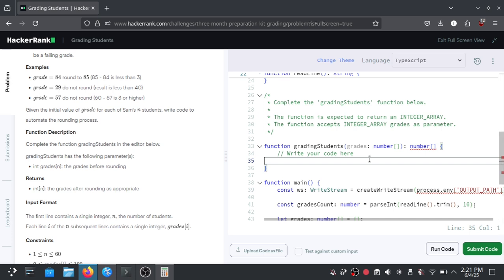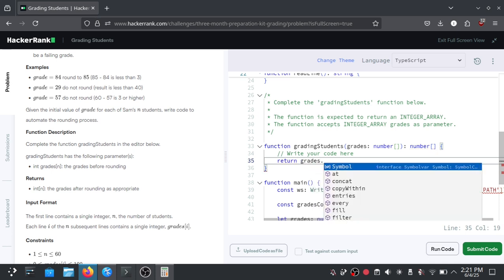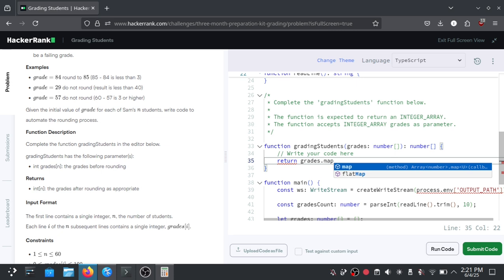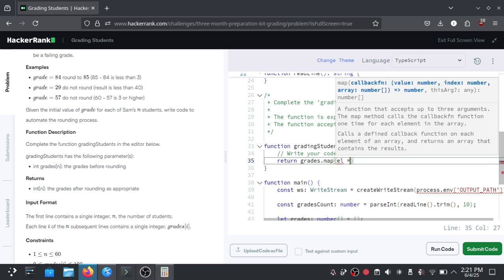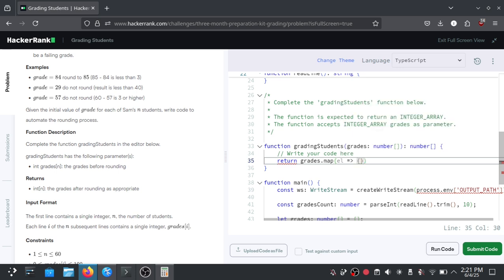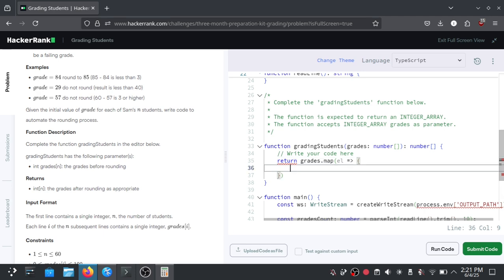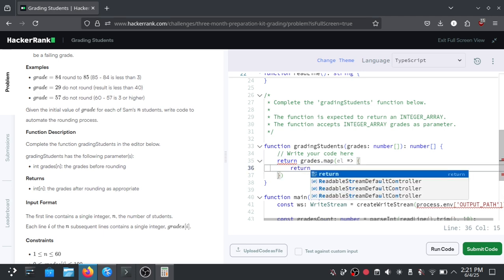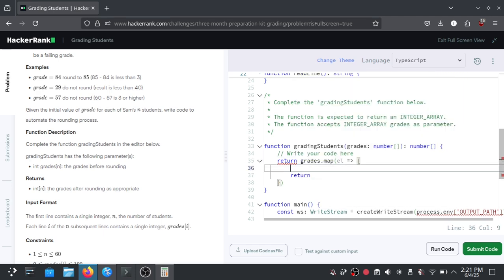So we can just return directly with grades and then map, which creates a shallow copy of the grades array. For this one we are not going to implicitly return; instead we are going to return explicitly, and solve it using the altered value from the current element.